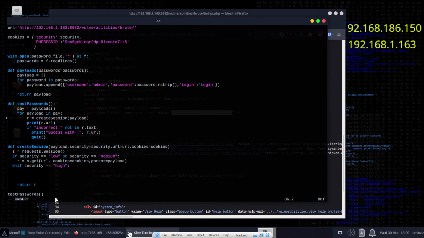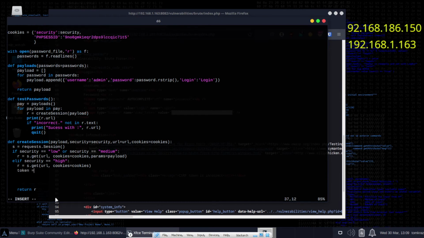Okay, two spaces. If security is equal to high, then we need to get a token. But before we can get a token, we need a session. So we can copy this session, remove the parameters. Somewhere inside this session is our token, and it's in the HTML as well. So we need Beautiful Soup in order to pull it out. So token equals